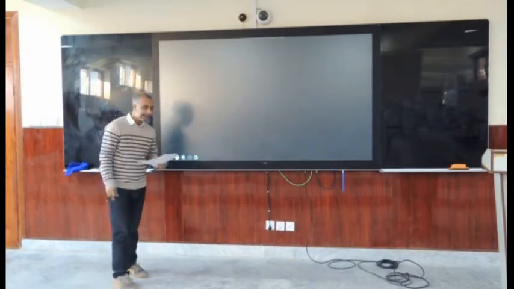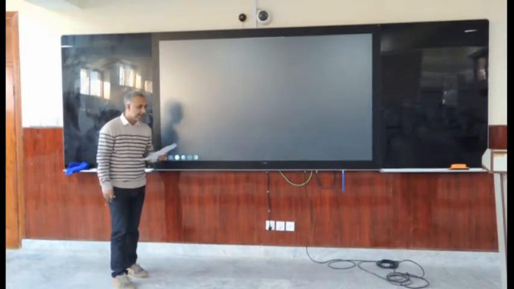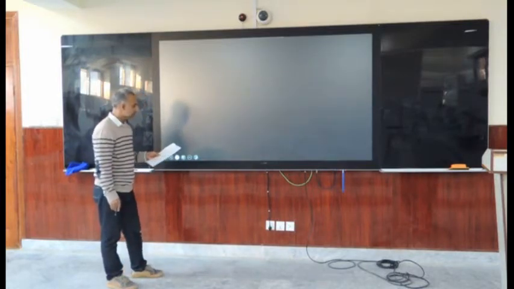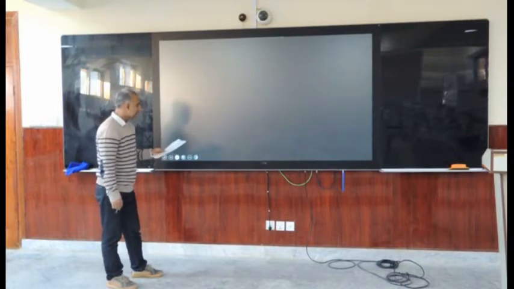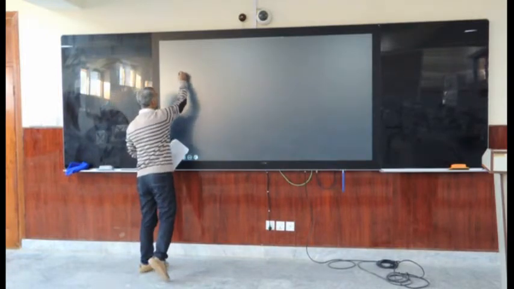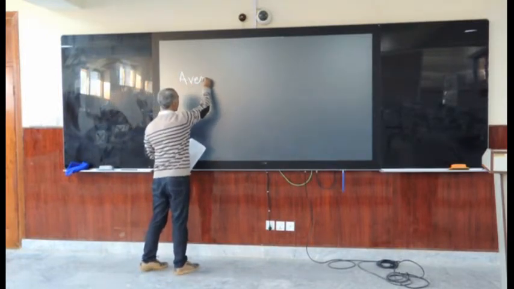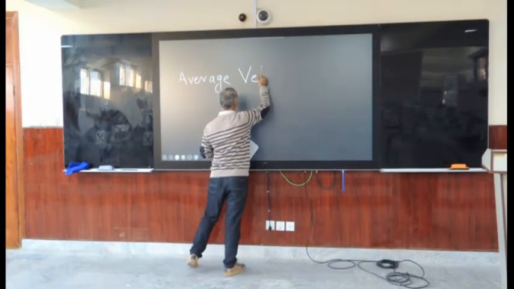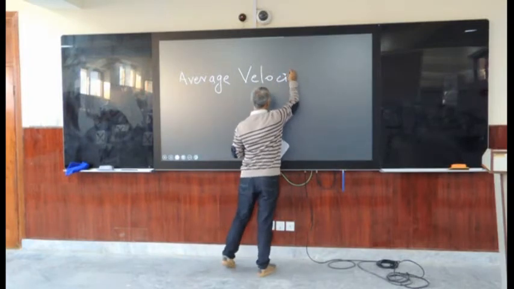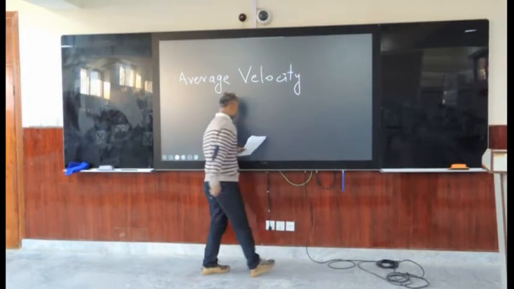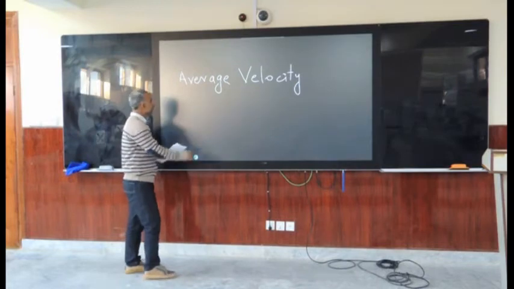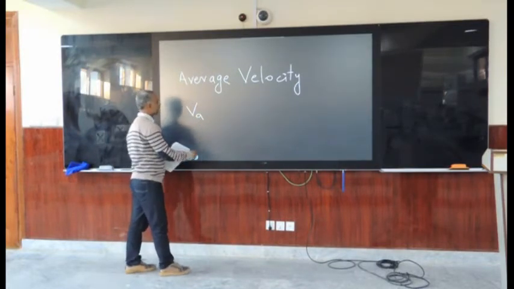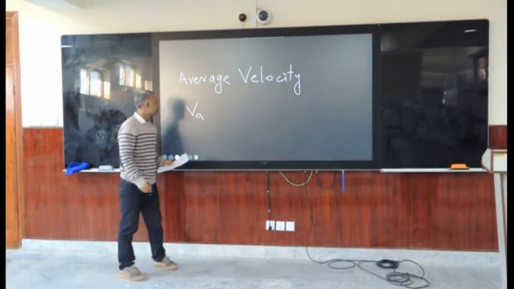Okay, let's see another concept of a limit. Once it is applying on a slope of a normal line, that is related to the average velocity. And it's very simple. In our previous classes we already studied this concept,